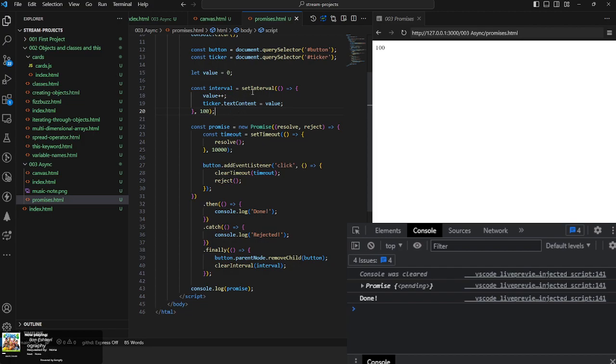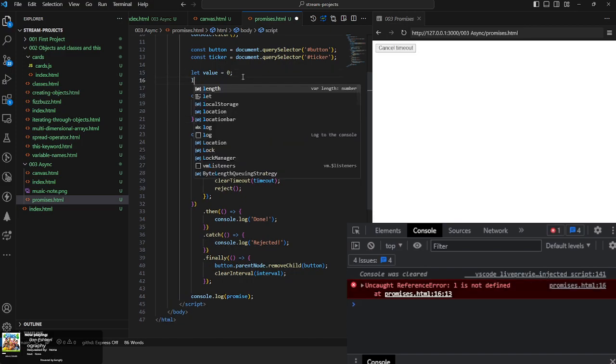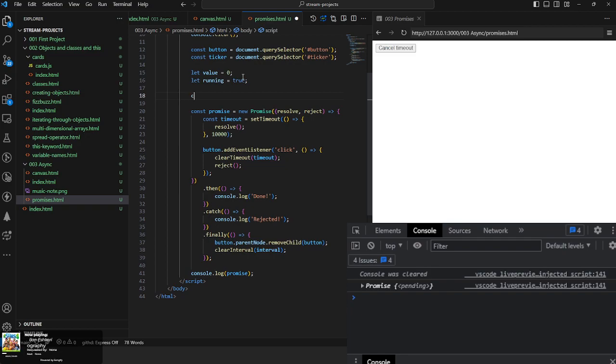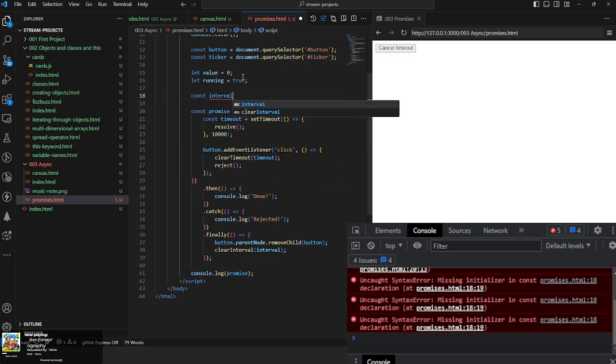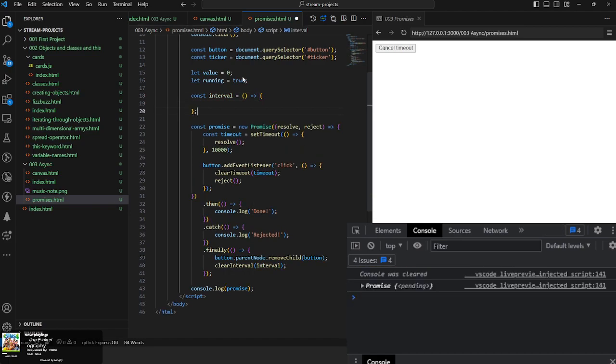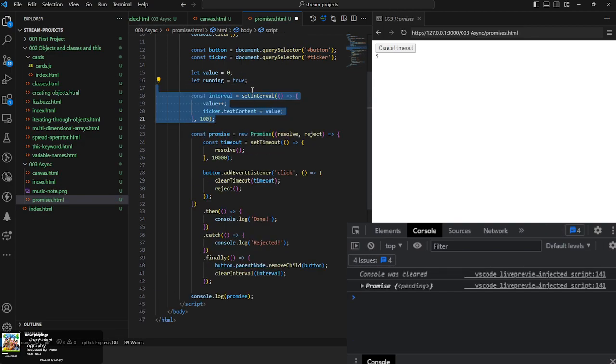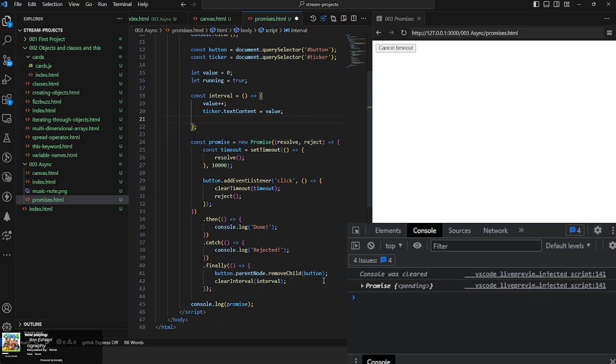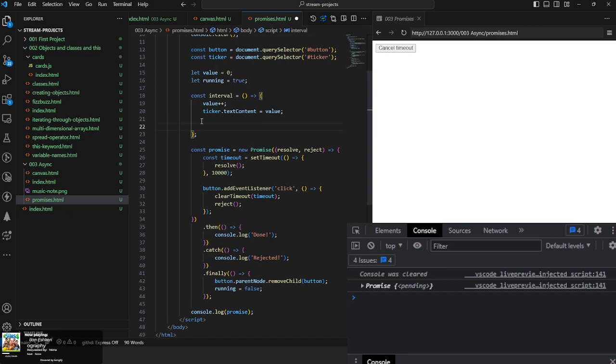Okay, so we've done set interval. There's also another way which is a bit more complicated. So let's do that running through. Let's do const interval is a function in this case. Then do value. Why did I remove everything? Let's just remove this, and then change this into running false, and then if running